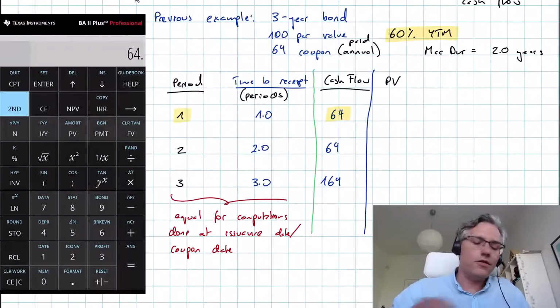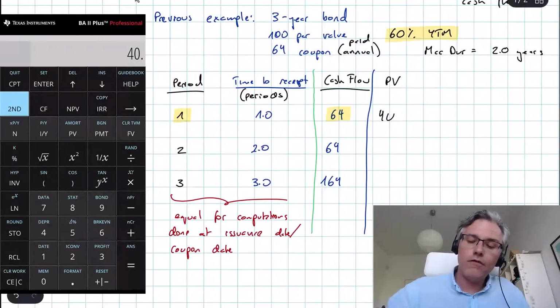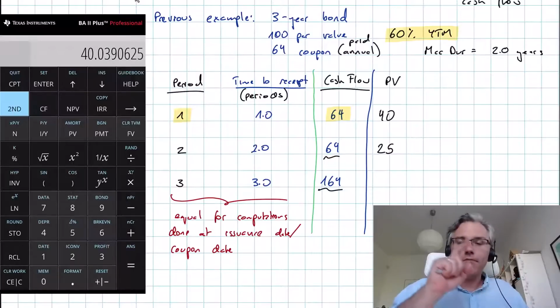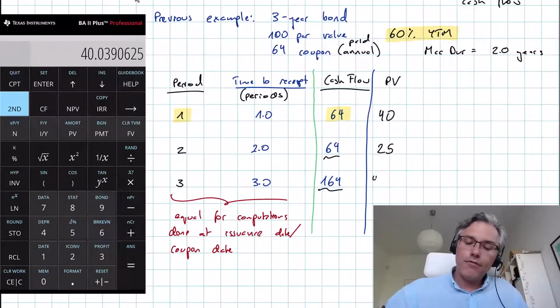For the first period, it's just 1. So I'm dividing 64 by 1.6. That equals a nice round 40. The next cash flow, another 64, divided by 1.6, but raised to the power of 2. Only 25. And of course, this final cash flow, 164, needs to be divided by a factor of 1.6 raised to the power of 3, so y to the power of x followed by 3, and that gives approximately